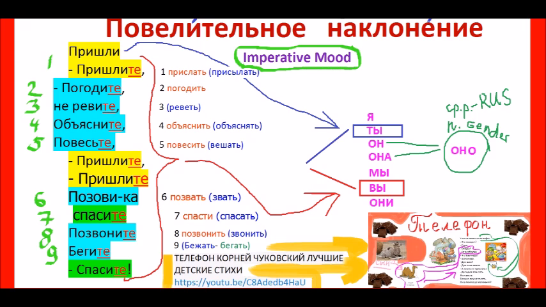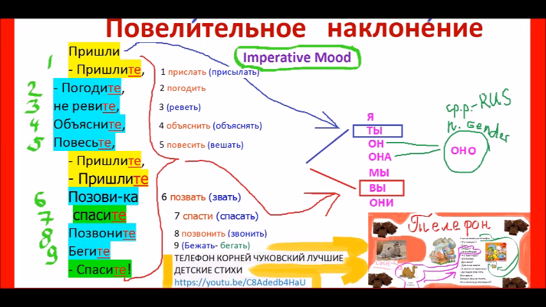Explain me, hang up, the next yellow again, пришли, send me, позови, call somebody, спаси, all of them I will repeat, okay? Пришли, I will repeat each of them 2 times. This will be informal, imperative mood, ты. To somebody, to your friend, for example, you speak ты, not вы, okay? Not formal. Пришли, пришли, пришли мне письмо, send me a letter. Погоди, погоди, hold on, wait,